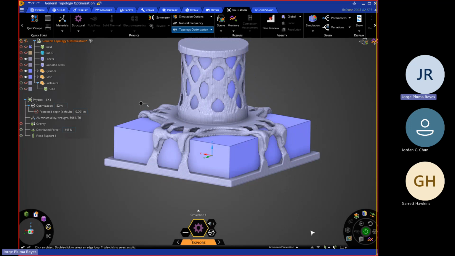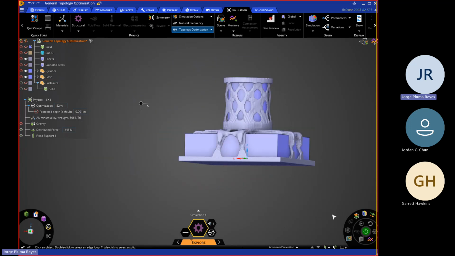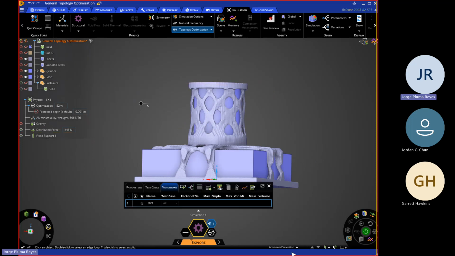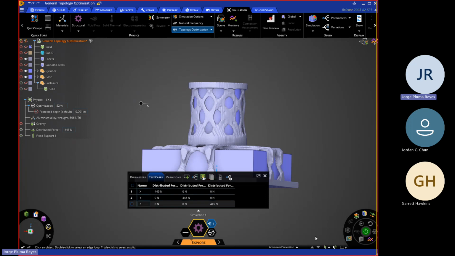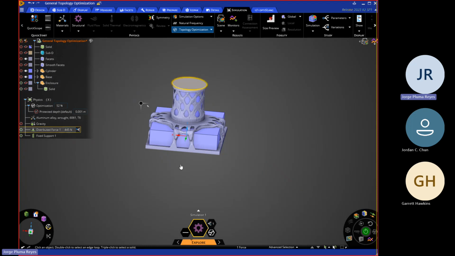This is the facets body that would be produced through this topology optimization. So in my case, I had a distributed force, and I was able to give a couple of parameters. If you want to optimize your body for certain load cases, you'll have to, in this case, go to distributed force and make sure I click on add as a parameter here. And what that does is it pops up in this window,